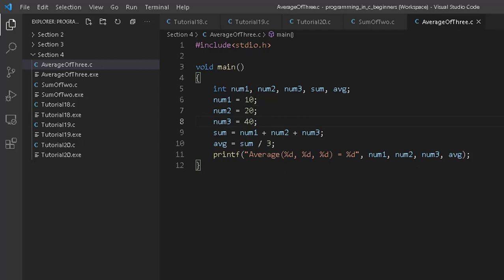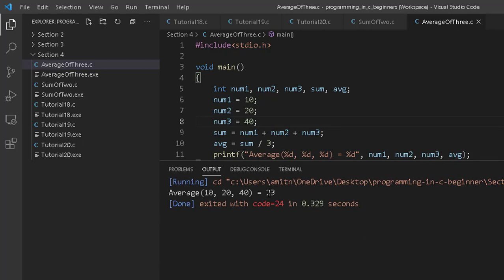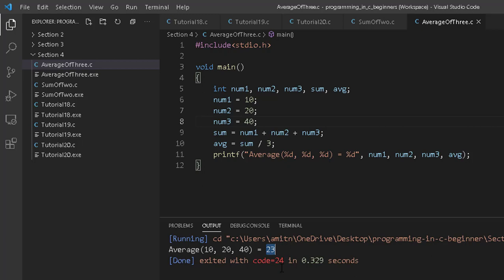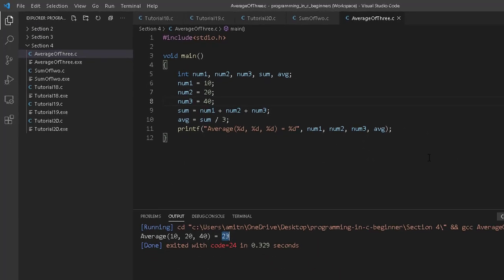Now when we will run this, it will show us the output as 23. But if you will multiply 23 by 3, that is equals to 69, and it's not 70, right? So clearly there is some issue. It's not showing us the exact output, and what is the reason is something that we will discuss with the typecasting itself. So just wait for a few more tutorials and you will understand this thing.